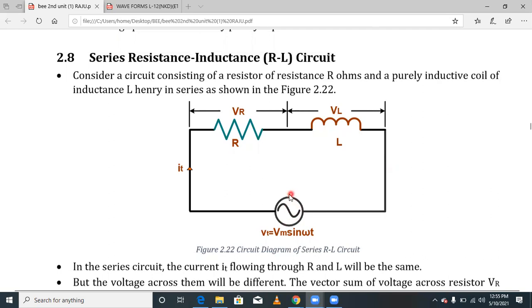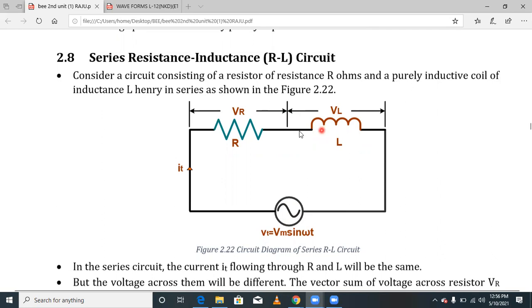It is called AC. For this circuit, the supply voltage VR(t) equal to Vm sin omega t is not equal to the direct addition of VR plus VL. This voltage is not equal to the addition of VR plus VL. So don't add VR plus VL directly for AC.